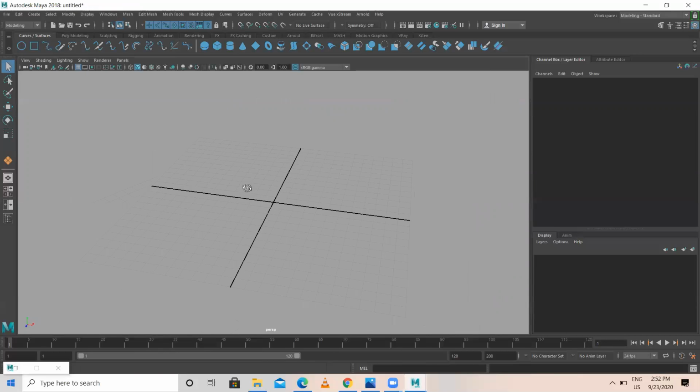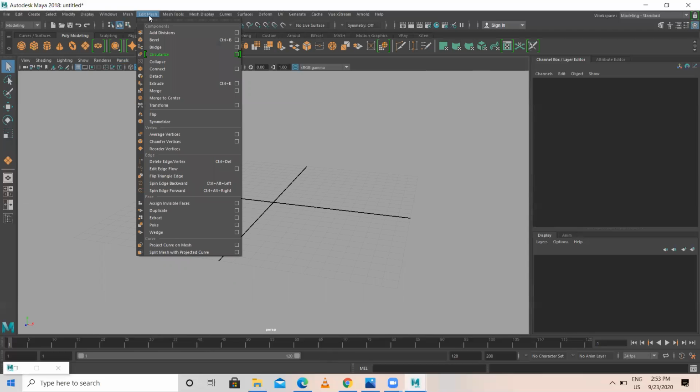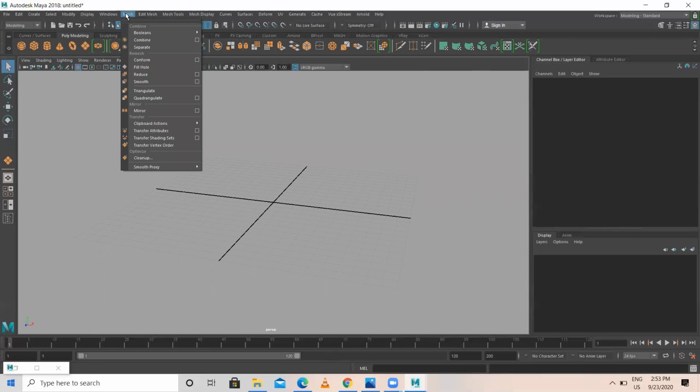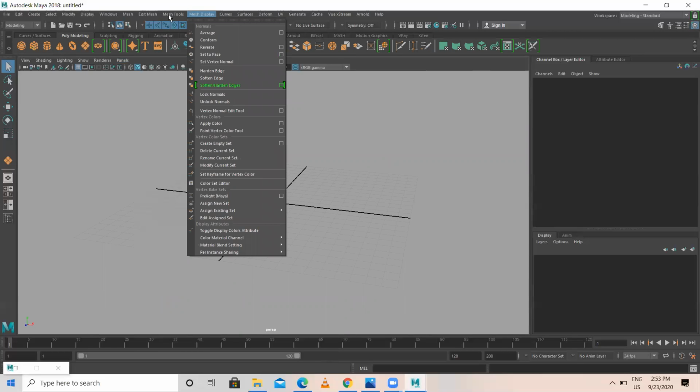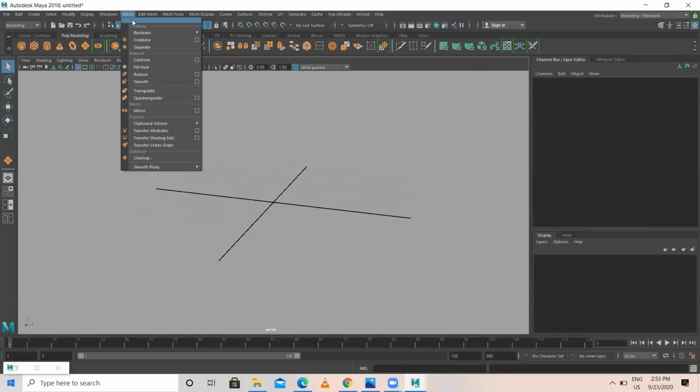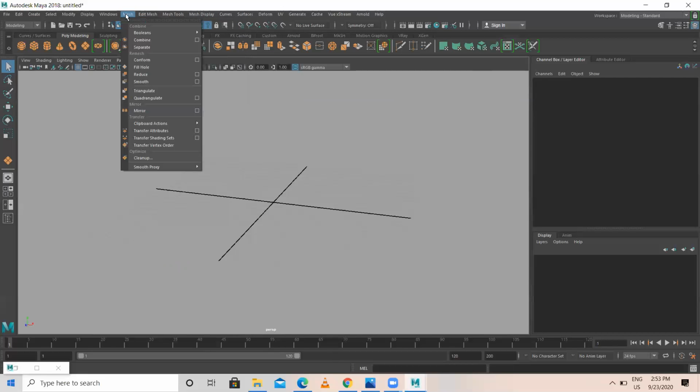Today I'll show you a few examples of simple models in poly. We can make the models accurate. The main menus for poly modeling are Mesh and Edit Mesh, along with Mesh Tools and Display.